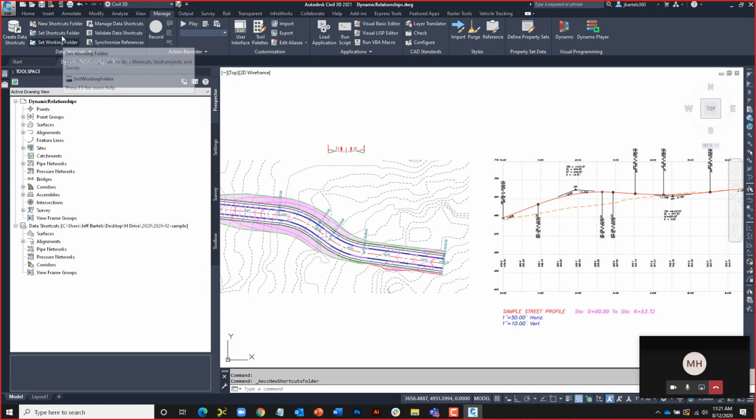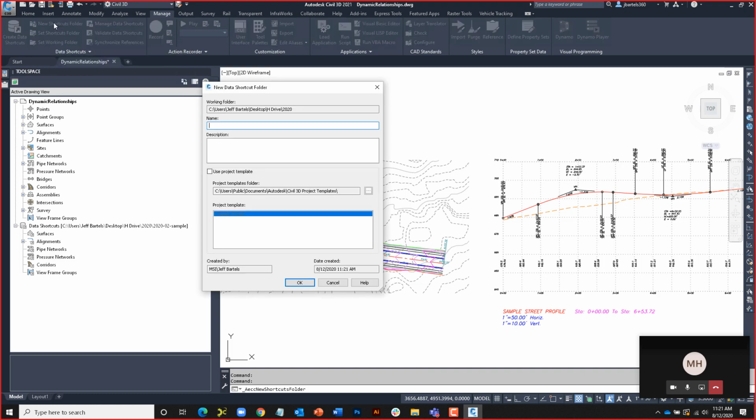Now my working folder is still good, 2020. I'm going to go to New Shortcuts Folder, and I'm going to create another project here called 2020-03-Sycamore Extension, we'll call that. And once again, I could give that a description. If I wanted to create directories that are applicable to my typical Civil 3D project, I would use this project